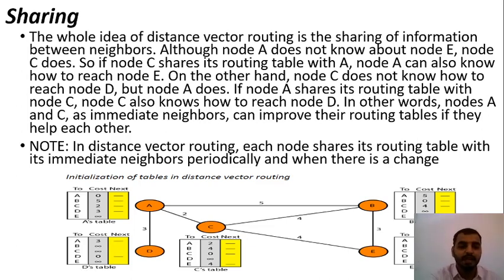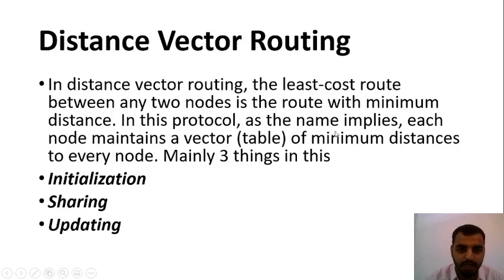So that's the reason it says every periodical table, the immediate neighbor is being updated, with some timestamp or with reference to some time period. So this is what we call distance vector routing. What is the idea of distance vector routing? The idea is initializing the router table in the network, creating a table, then sharing that table with the next neighbor, so that other routers can communicate within the network. And the last one is updating.